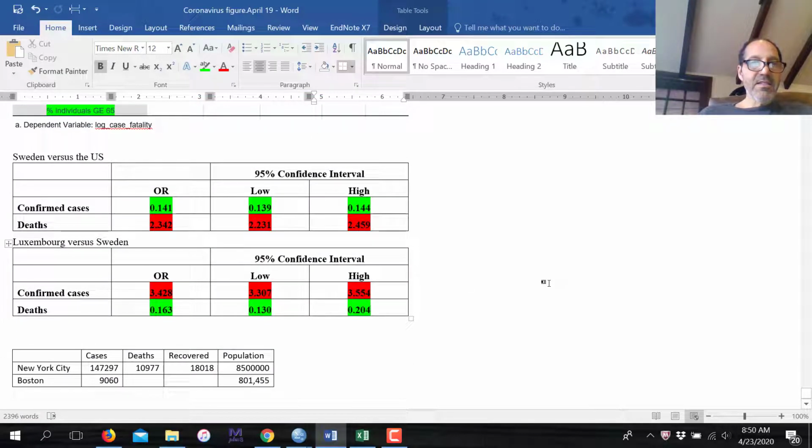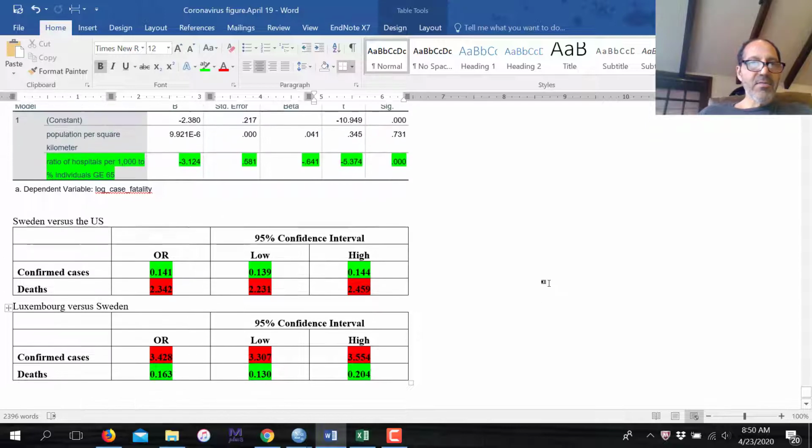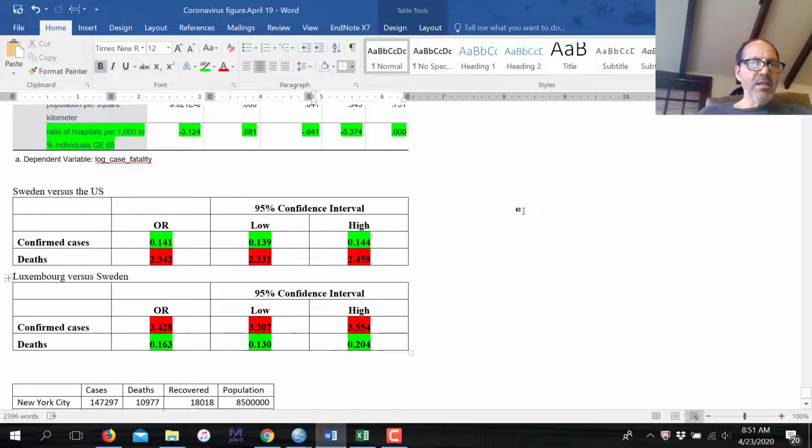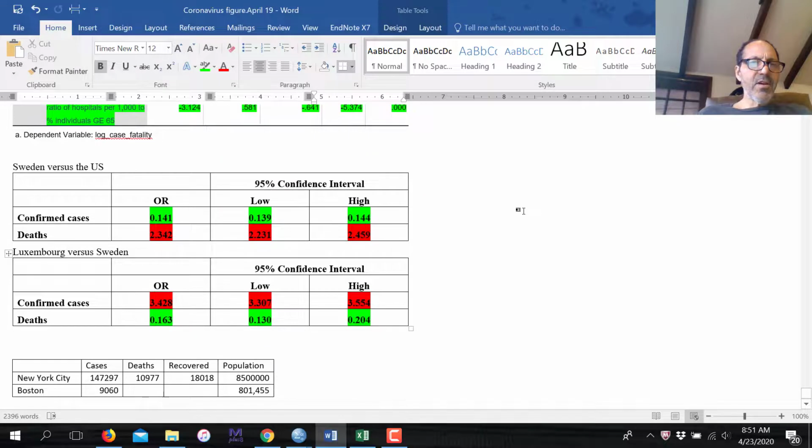By the way, if you're interested, I did a nice regression analysis controlling for population density, and we see that if you look at the probability value, that's the probability of the observed result given the null hypothesis is true. Null is what you're attempting to reject in statistics. You assume that there's no effect. So that's significant.